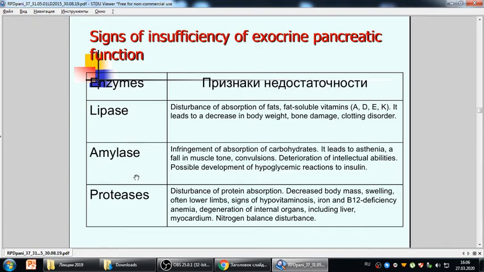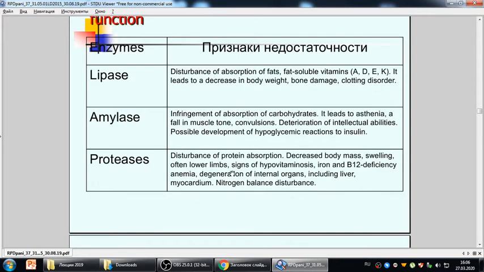Because of damaging of amylase, decreased absorption and digestion of carbohydrates leads to asthenia, fallen muscle tone, convulsions, and